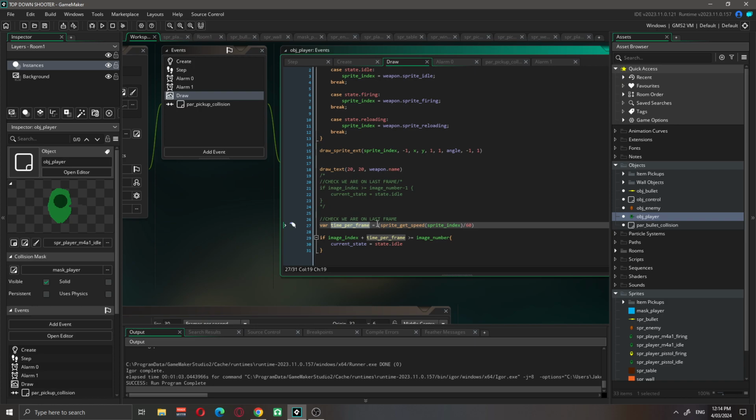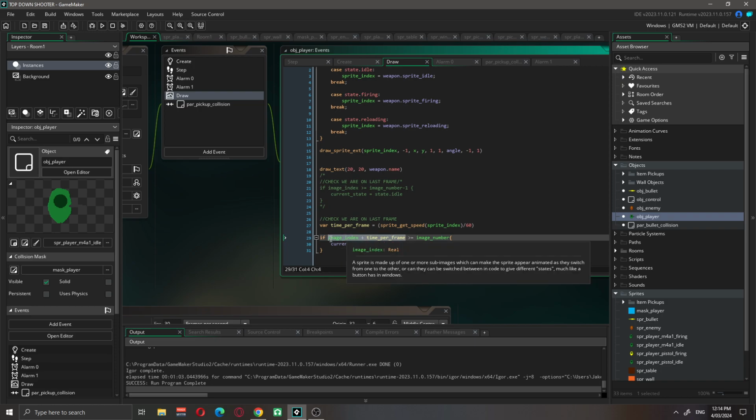Yeah, this is essentially, I don't know if "time per frame" is the correct terminology for this, but this is essentially calculating how much our image index is ticking up by every single frame, right? So I don't know if time per frame is the correct terminology, but anyways, I'm calling it that. And then what we're going to do is we're just going to check. So we add the time per frame to our image index and check that it